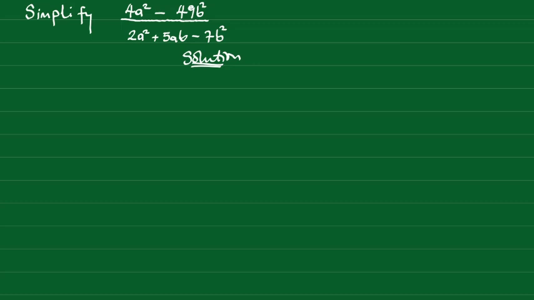Then we need to take note of the following facts before proceeding. One, our numerator is a difference of two squares. That is, it involves situations where x squared minus y squared is equal to (x minus y)(x plus y). Next, our denominator is a trinomial, or it involves a trinomial expression. Therefore, we have